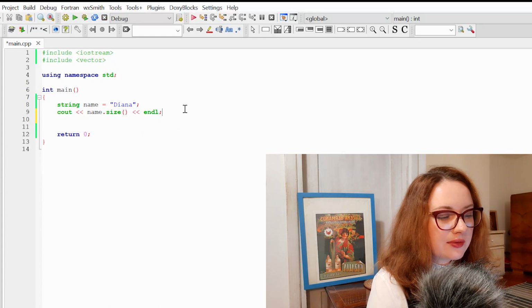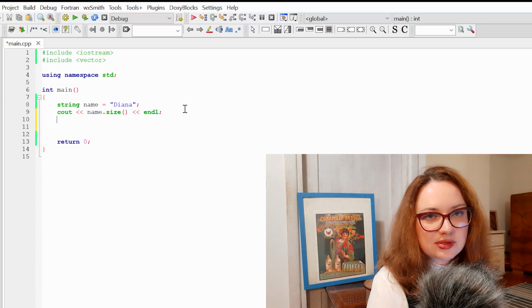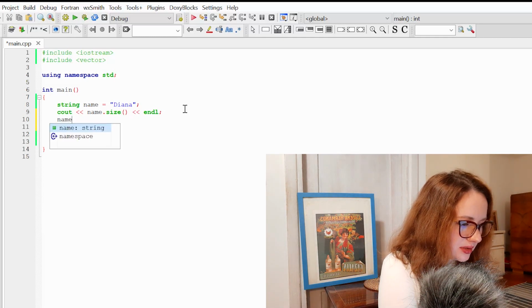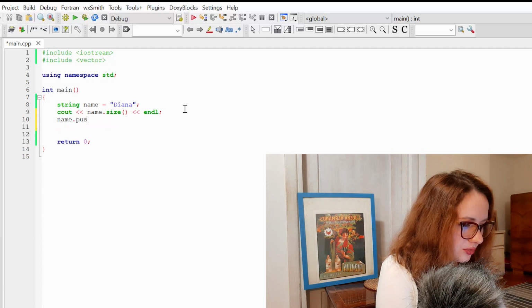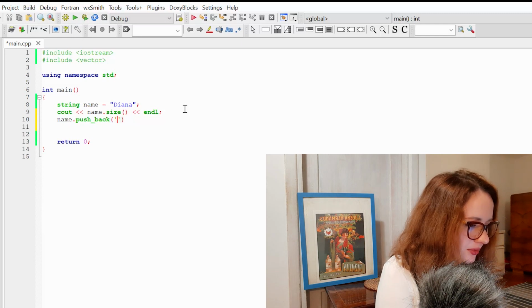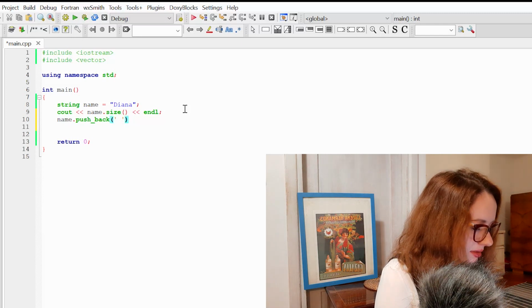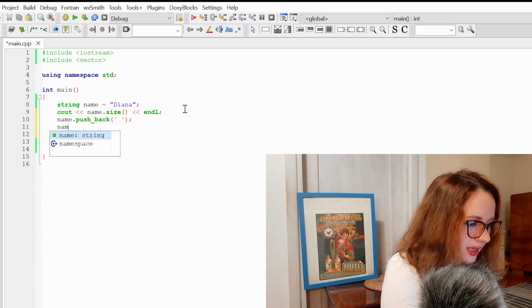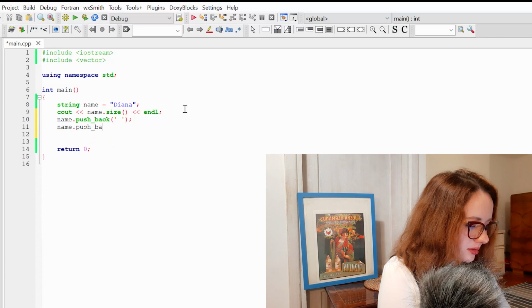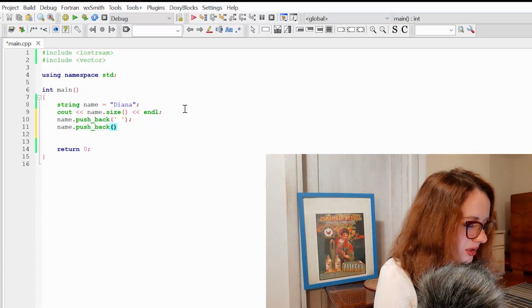If I want to add one more letter to my name, I can use same function we used for the vector, push back. So let's add my initials to the name, push back, and I want to push back chars space, and also I want to push back char for my initials.